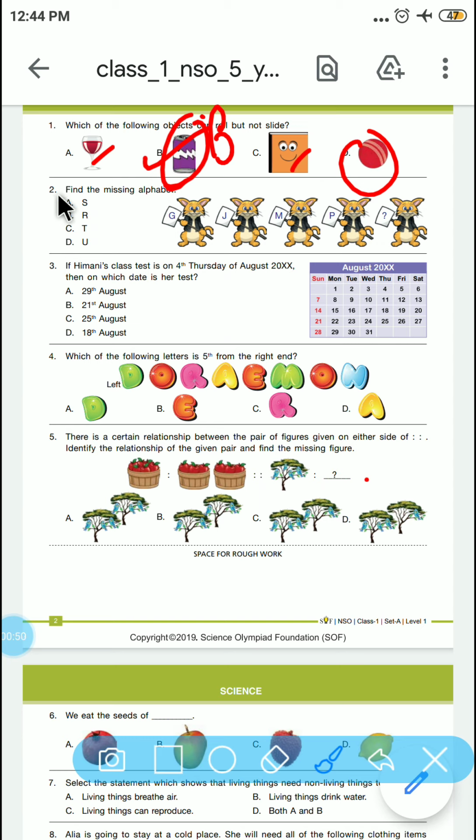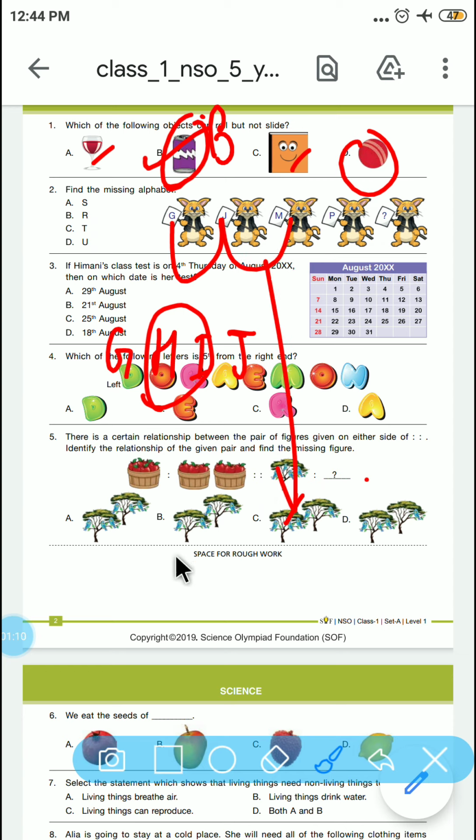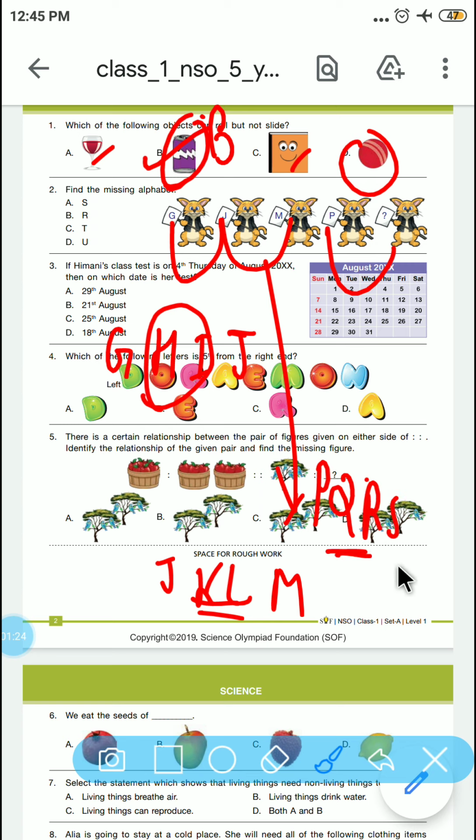Now let's come to the next question. Which one of the alphabets is missing here? So let's observe the pattern first. G to J. If we write it right now, G, H, I and J. You can clearly see the 2-letter gap. Now let's confirm it again. J to M. So J, K, L, M. Yeah, there is a gap of 2 alphabets. So from P to Q we must write 2 letters, P, Q, R and S. So QR, and then the final letter will be S. So the correct option here is option A.